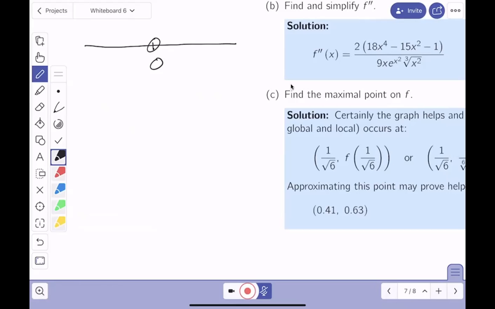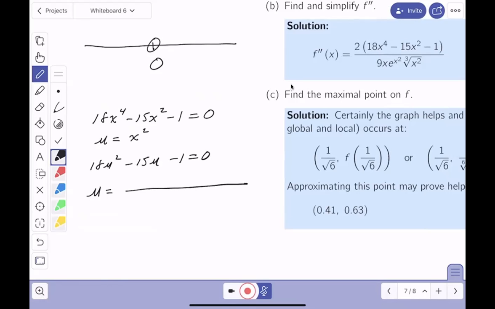I got troubles though. I want to point out my troubles are as follows. I need to solve 18x^4 minus 15x squared minus 1 equal to 0. I'm going to make a substitution. I'm going to say u equals x squared. Yep, this is going to be painful. 18u squared minus 15u minus 1 equals 0. u will equal, I'm using the quadratic formula,